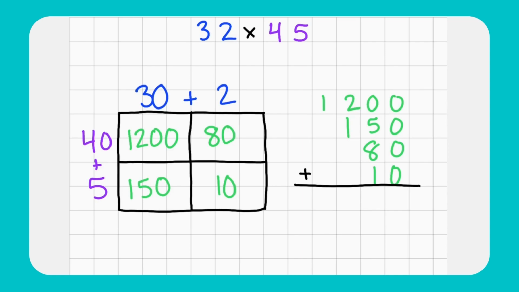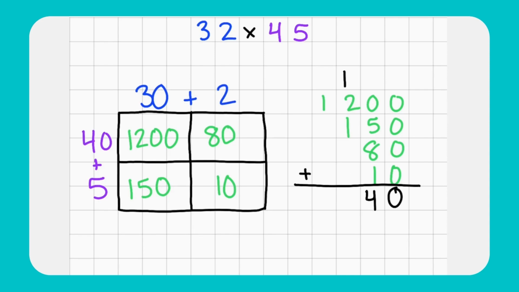But since we have to line them up, I find that lining them up greatest to least makes the equation a little bit neater and a little bit easier to see if I've made any mistakes anywhere when I check my work later. All right, so we're adding them up, starting with the ones place. 0 plus 0 plus 0 plus 0 is 0. Moving on to the tens place, 0 plus 5 plus 8 plus 1 is going to be 14.